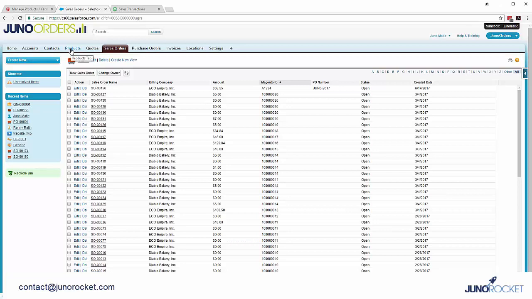Once you have those basic elements synchronized with Salesforce, then you can begin to take advantage of some of the other features that Juno Orders offers, like generating quotes for customers, and of course sales orders. And once you have a sales order in here, you can create a shipment in that sales order. You can create a purchase order to a supplier,